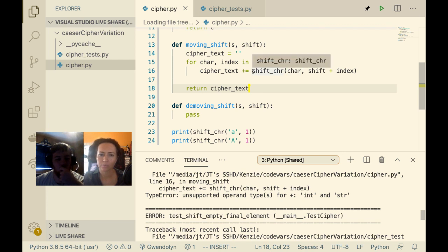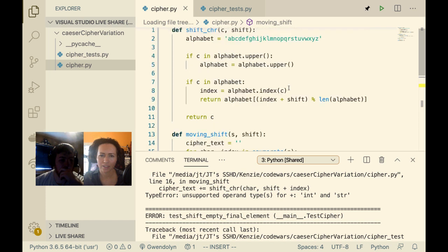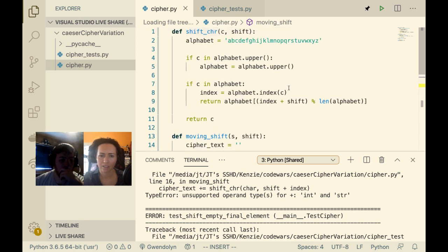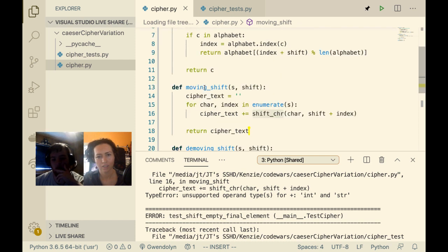So ciphertext is a string, and then shift char, is that returning... it just returns. Well, we know it returns the letter, right? Because when we ran the terminal a second ago, it returned lowercase b and uppercase B. Yeah.